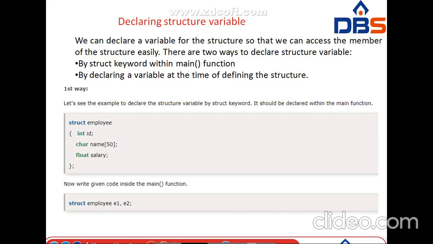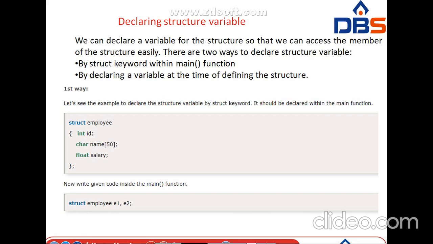Here, one way of representing the declaration of a structure is, first of all, the structure name, that is employee. Again, data types and different members: int id, char name of 20, again float salary, again bracket close, again semicolon. Okay, here in order to represent the employee, I am going to take one or two variables. Okay, why? Because if I want to access the members of an employee, for that I am going to take variables, that is here struct employee e1 e2.